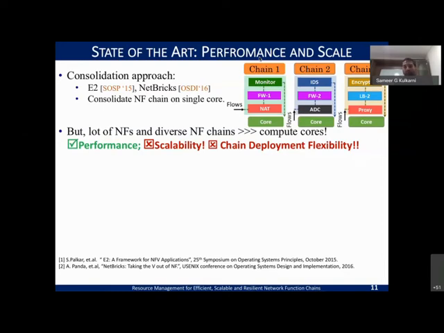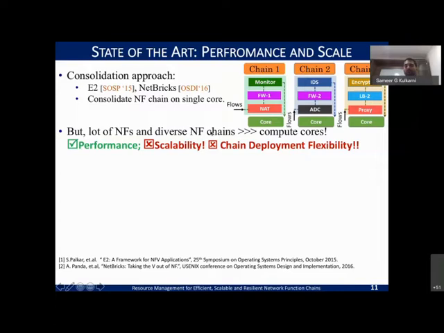However, now if you want to scale, what this means is you scale this entire green box at a time. So let's say NAT was operating at the right speed, but firewall had a concern. You cannot say, I will just scale the firewall, right? So it is coupled. That's why in terms of scalability, and typically this is what happens, you have some functions that take very little time, less compute, while other functions require you to go to IO and do some IO operations. That means there is a drastic difference in the way these network functions operate. So if you were to scale the blob again, you are unnecessarily using the resources, right?